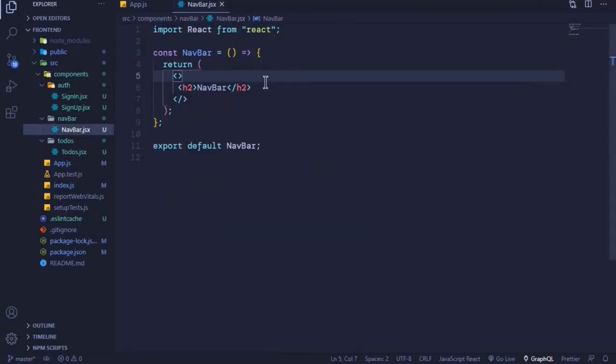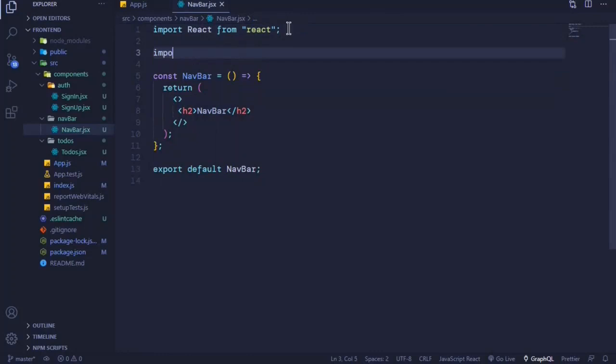So we need to import several components from Material UI library, just like this. Import. The first component will be appbar, and then we will have typography for the text, and then we will have toolbar. So I'll show you why we need toolbar component in this component, and then we'll have button for all our buttons in this particular navbar. Okay, and then this will come from Material UI library. So from Material UI,